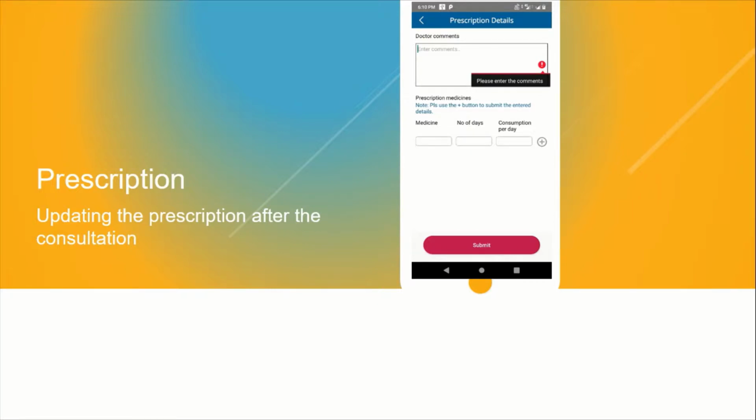For example, one in the morning, another one at lunch, another one in the night. This is what you will have to enter into the prescription. Once you click on the submit button, the first medicine you have entered is inserted into the prescription. The second one, if you want to enter however many medicines you want, you can add the medicines here and then click on submit.